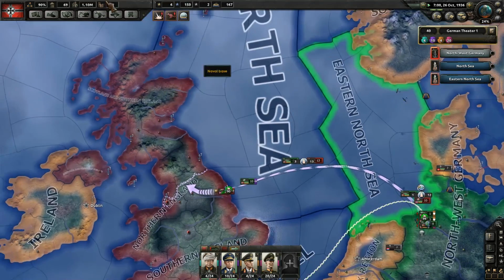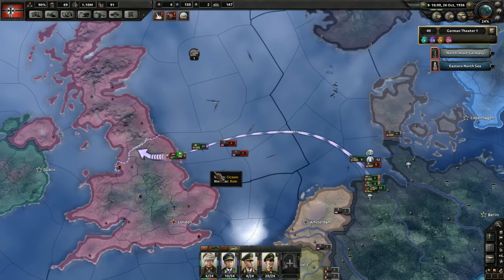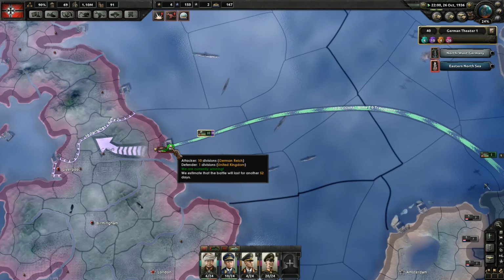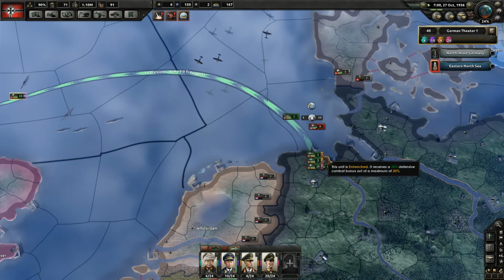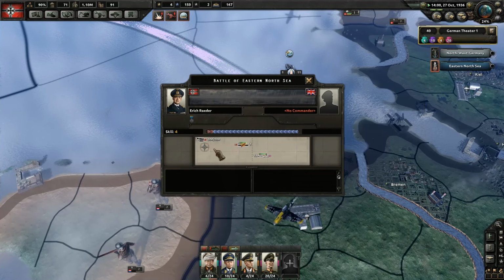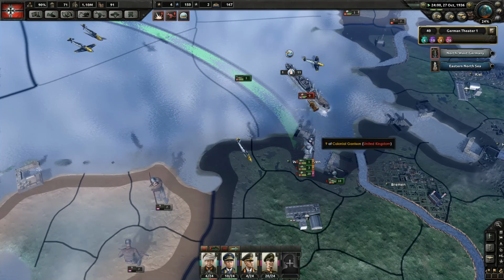You can see naval supremacy potentially has been lost, but it doesn't matter. Our battle and invasion is already underway, so we really have these people licked here. Another 52 days. Well, we'll just let that battle play out for now. The British, yeah, they're not going to get through, and in fact, you can see their convoys are being attacked by my planes and my submarines,